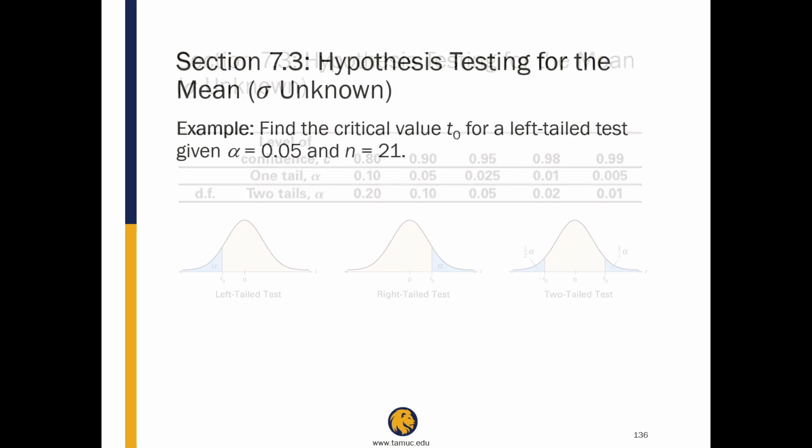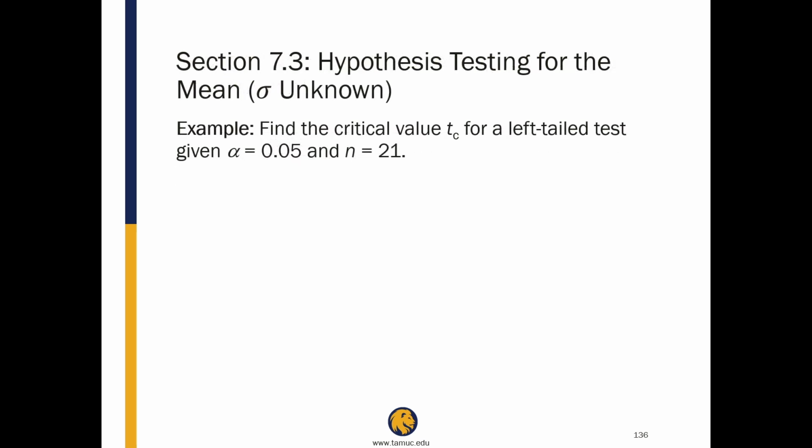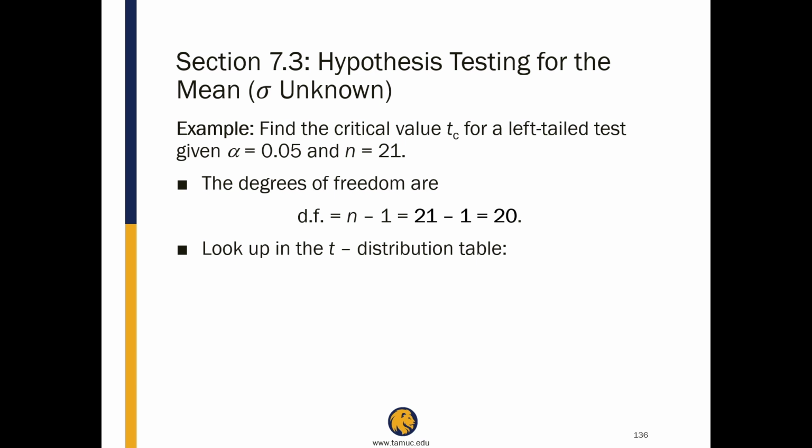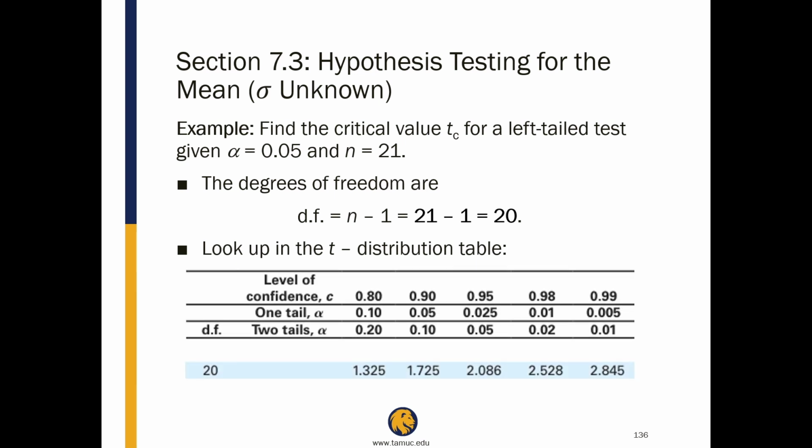So we're going to go through some examples of this. Let's find the critical value t sub c for a left-tailed test given that alpha is 0.05 and n is equal to 21. First things first, we'll find the degrees of freedom by doing n minus 1, equal to 20. And then we're going to look this up in the t-distribution table. Okay, so I've cut off the distribution table down to the degrees of freedom is 20. Now, since we're using a one-tailed test for left-tailed with alpha 0.05, we can look that up straight away and go straight to the number in the table,